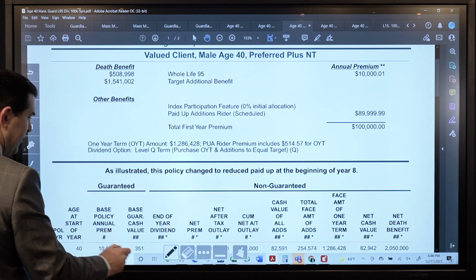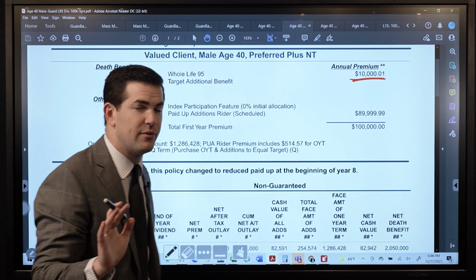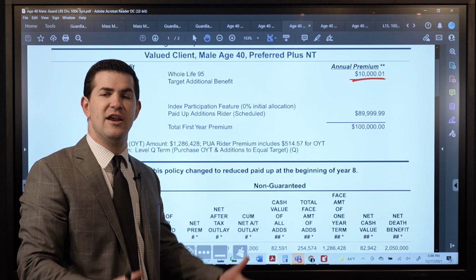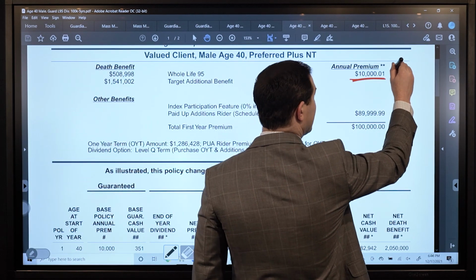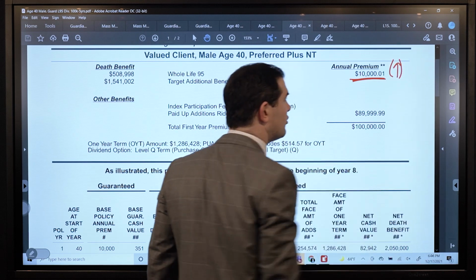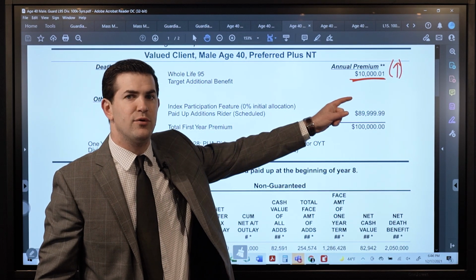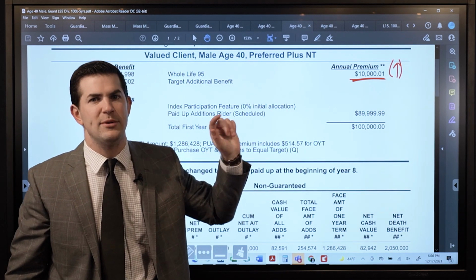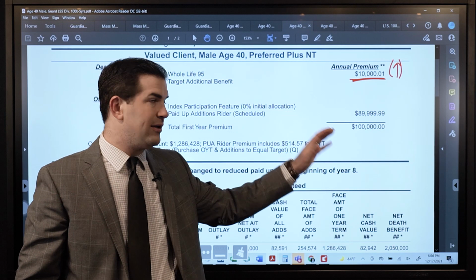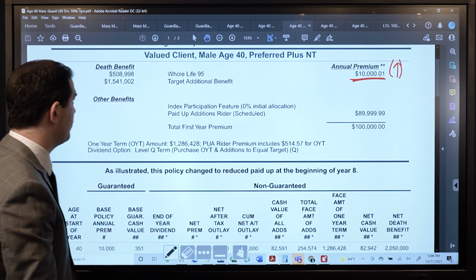So what we did here is I did not want to increase the premium, because how I increase the MEC limit is by increasing the death benefit. One way to increase the death benefit is by increasing the base premium. Does the base premium show up in cash value in the first year? No, that's why people don't like it. It also hurts the performance long term when you look at illustrations, guaranteed values, most importantly, actual real performance, real